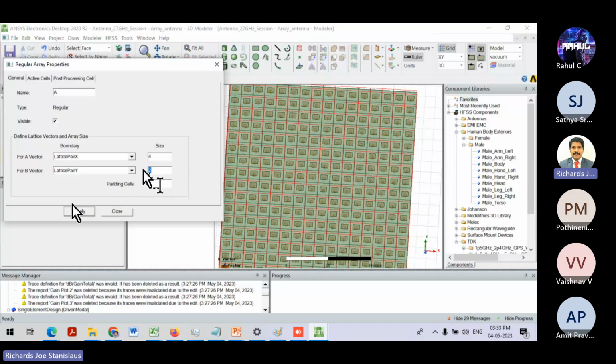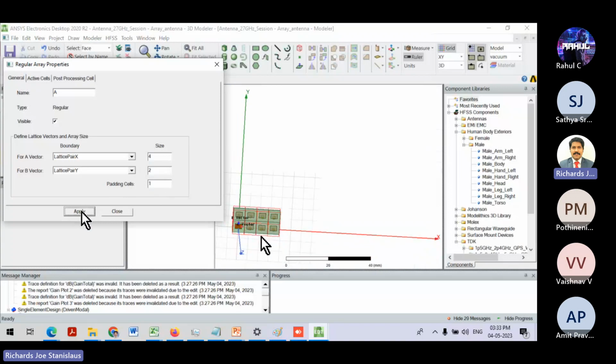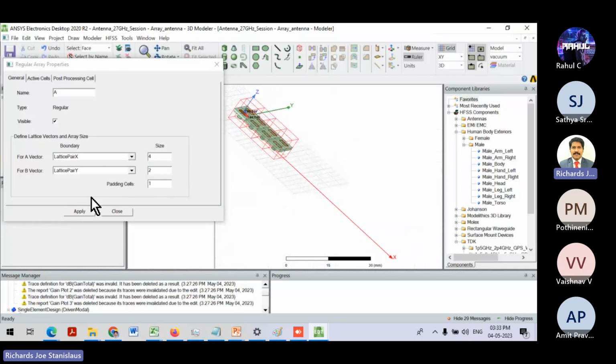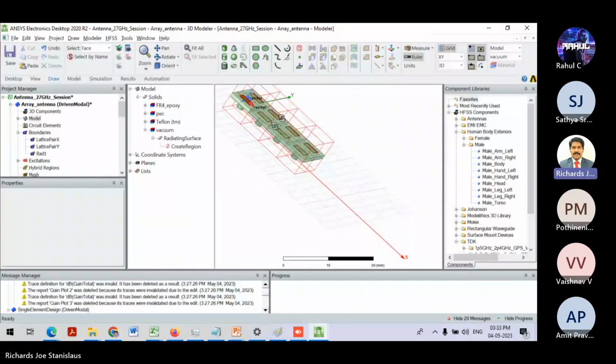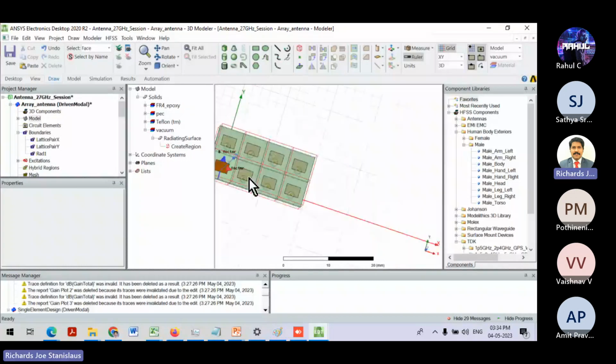Right, so I'll go ahead with a 4x2 array and I'll just show this. Right now we have a 4x2 array, and what are the active cells? Let's say if you don't want to excite any antenna, you want it to be there but you don't want to excite it, you can make it passive. Otherwise, you can add it as padding. Right now we'll make it all active and click apply and close. So here we have an array of 4x2, four columns and 2 rows, a 2x4 array. And now